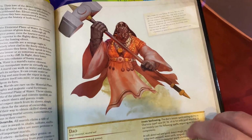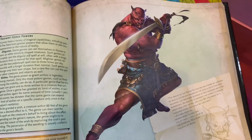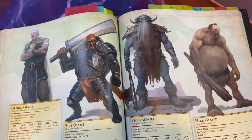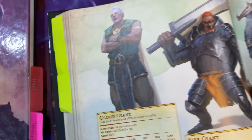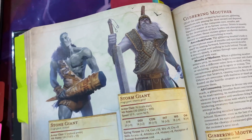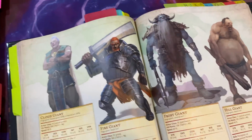Like this is an earth genie, this is an air, and this is a fire genie, and this is a water genie. These guys are pretty weird looking. There's also a ton of cool looking giants, like there's cloud giants, fire giants, frost giants, hill giants, stone giants, and storm giants, and they're all unique in their own ways and all really